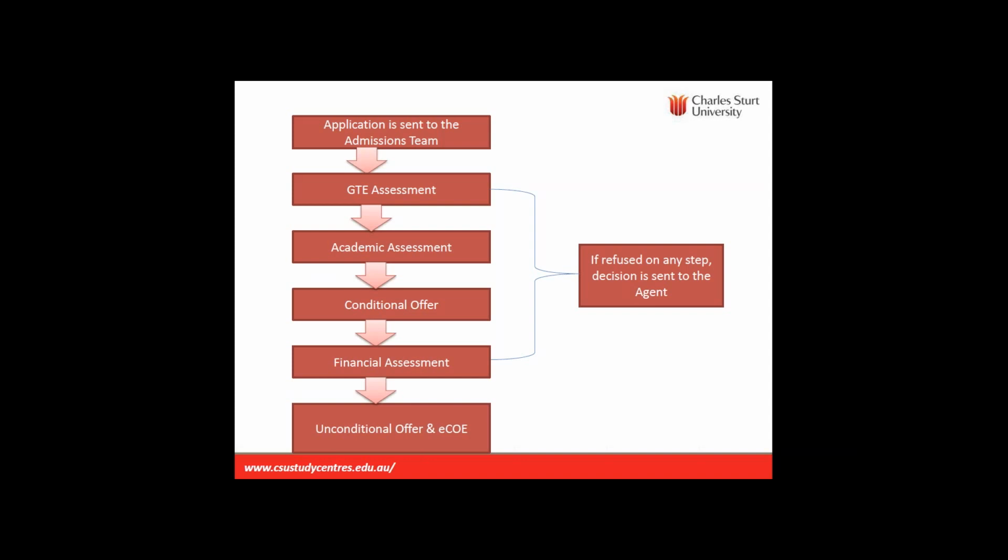Those financial assessment documents that I've mentioned can be not only the bank statement, which is the most common document, but also any kind of confirmation of loans, property ownership, employment letter, and so on. So tax income papers. The financial assessment is also done by the CSU team, the special department. It can take up to a couple of days as well. And then once it's done, the student would need to make an advance payment and get an unconditional offer and